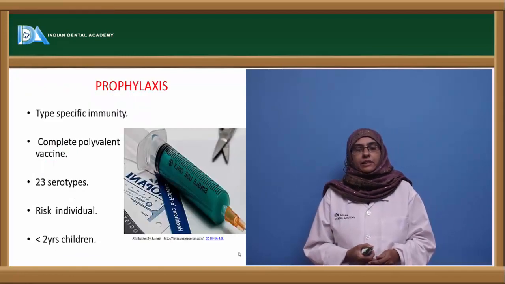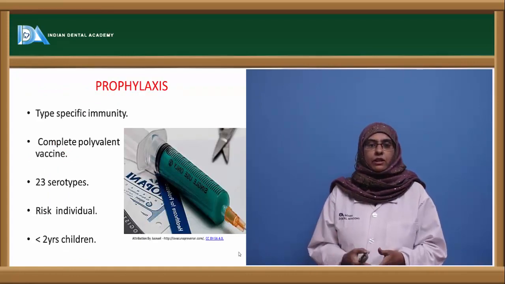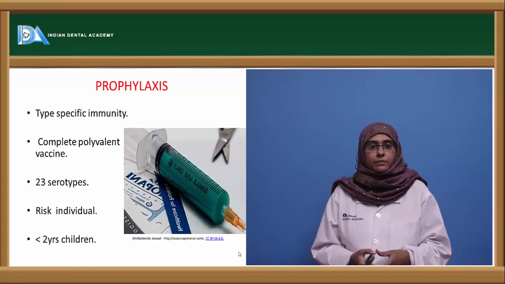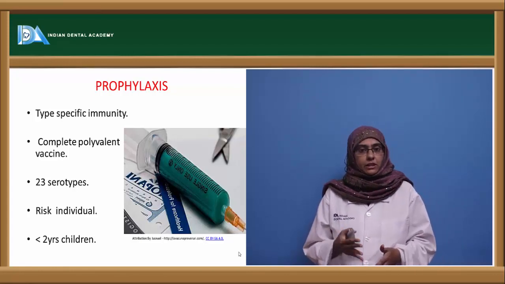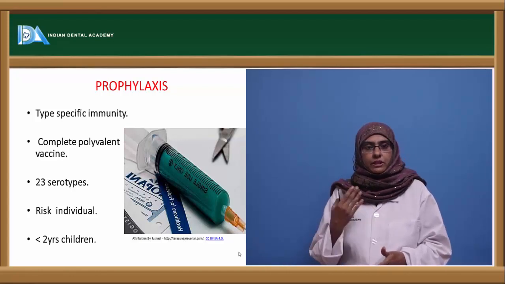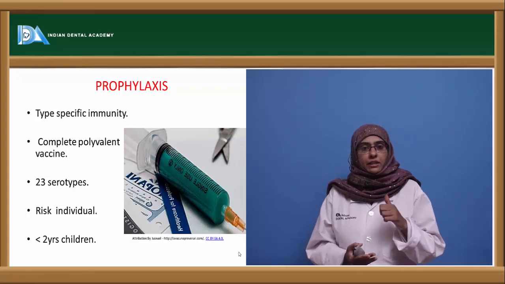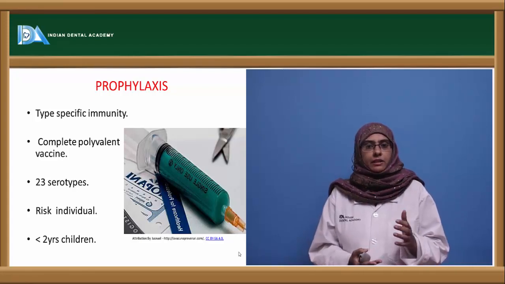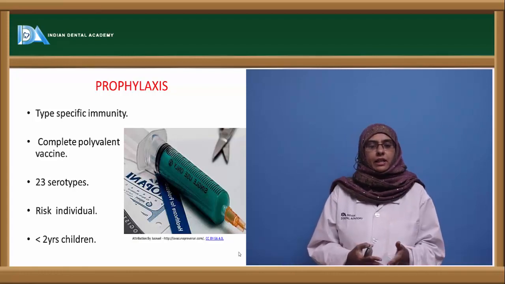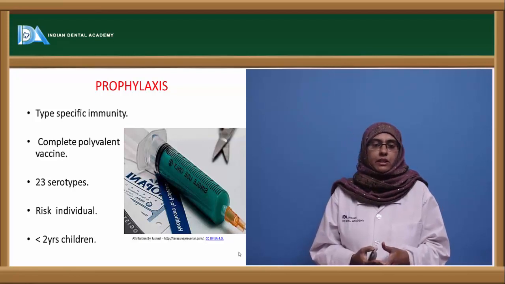Coming to the prophylaxis, the organism is the one that is usually involved in the causation of the disease pneumonia, and type-specific immunity is usually observed. Type-specific immunity means the production of a specific type of antibodies. So with the help of these specific types of antibodies, you can easily identify the organism and can induce immunity by using vaccination. So here we have a polyvalent vaccine that has been produced in vitro to protect against this particular disease, but there is